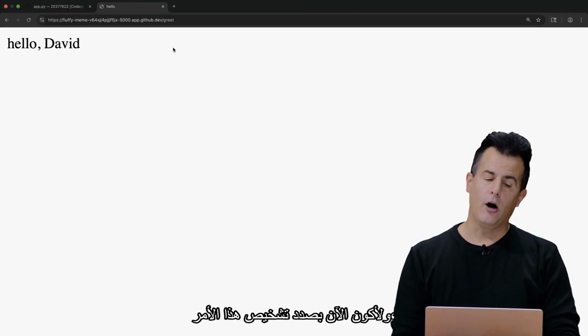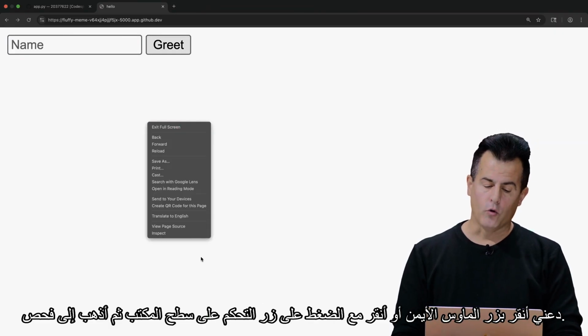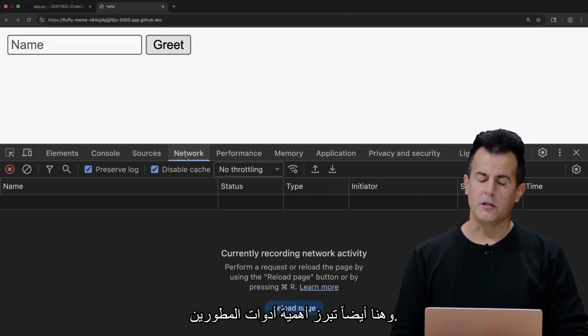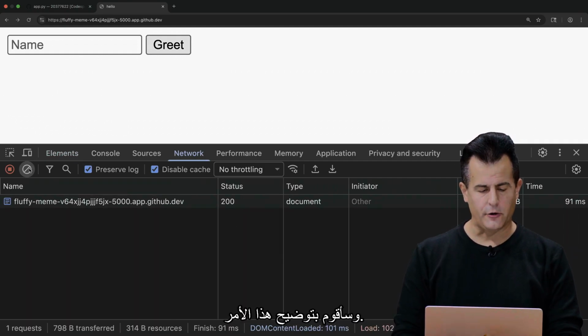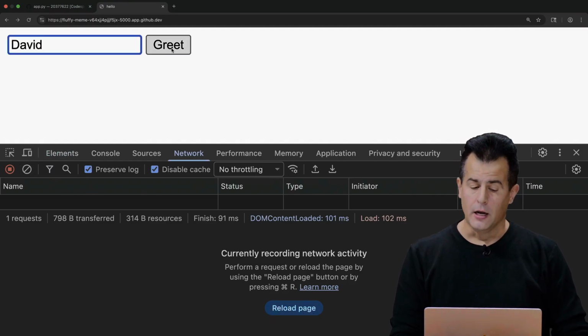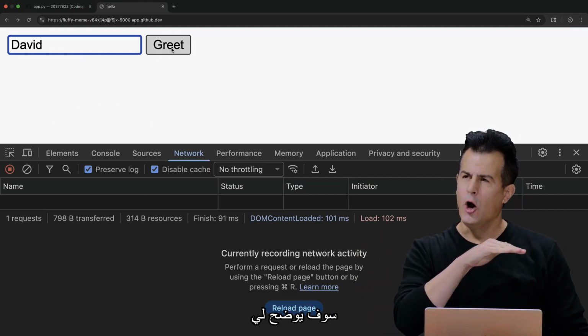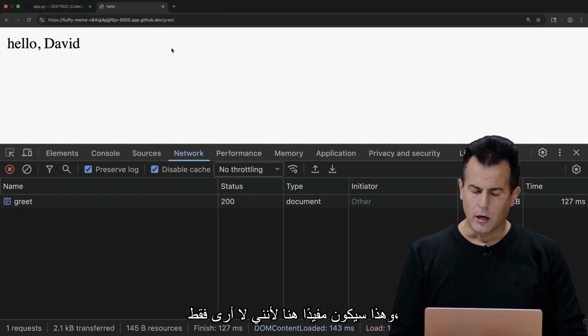And just to be now sort of diagnostic about this, let me go back once more. Let me right-click or control-click on my desktop and go to inspect. Here's where developer tools can be super useful as well. I'm going to go in here, and I'm going to go ahead and clear this. And now I'm going to type in David again, and I'm going to click greet. But because I have the network tab open, like we played with last week, it's going to show me all of the requests going from my browser to server, which is going to be useful here because not only do